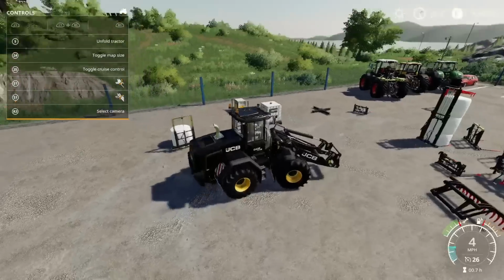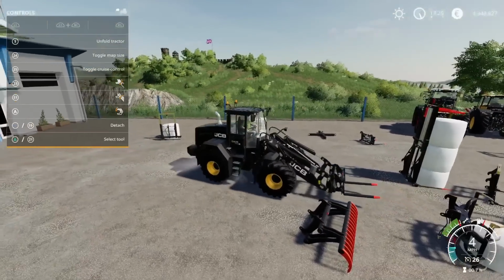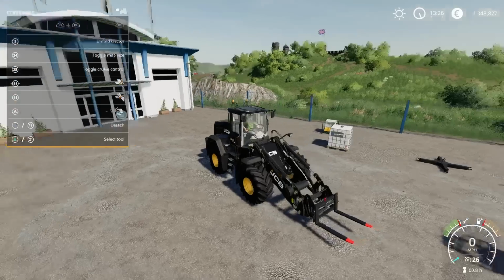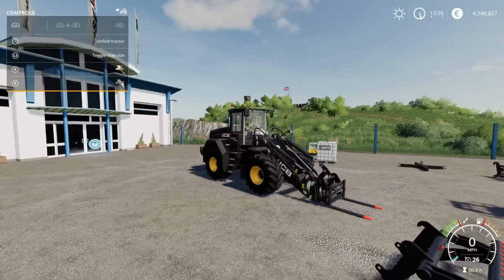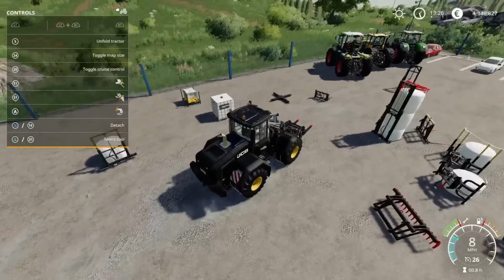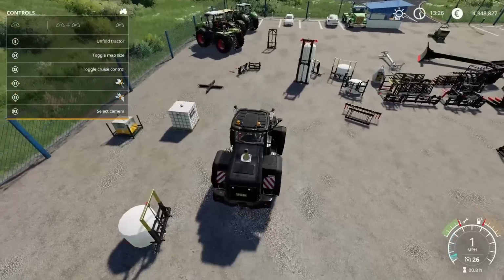Now with both of these as well, we can move our actual pallet forks in and out, or side to side. If we go with, there we go, R1 and then right stick, we can move those in and out like so. And that's the same with both sets, but these ones are fixed. It's not carriage free on those ones. So that's the pallet forks. Oh dear, I'm just going to be carnage now. I'm just going to be dropping stuff left, right and centre. So